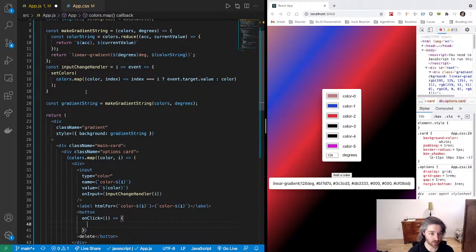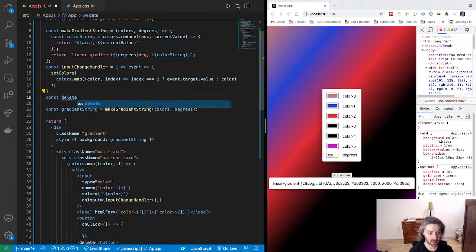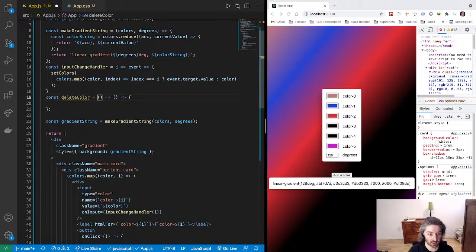So we'd make another function here, and this would be delete color. And delete color is going to be a function that returns a function. Oops, let's do that syntax correctly. So it's a function that takes the index and then it returns a function